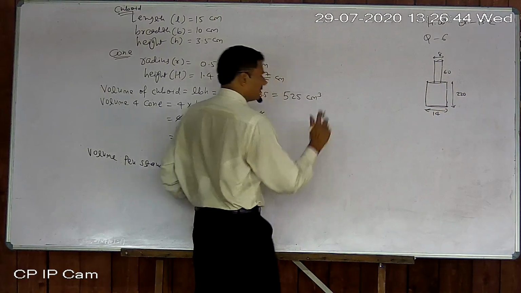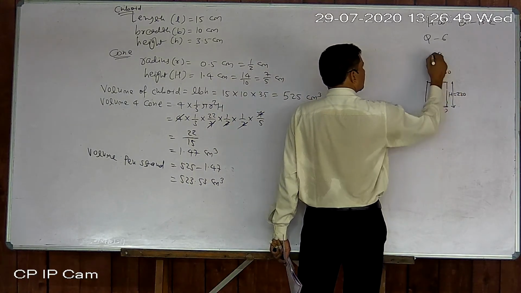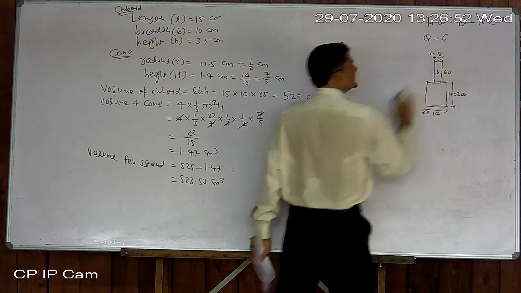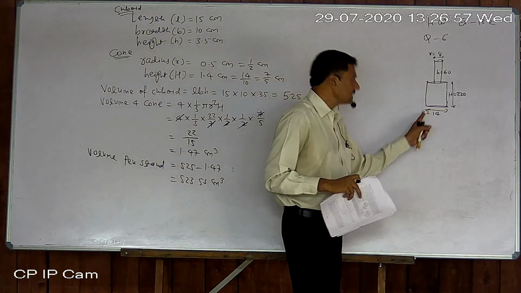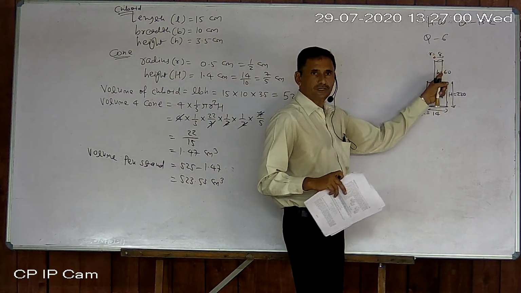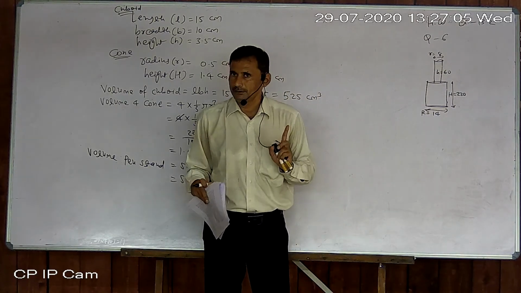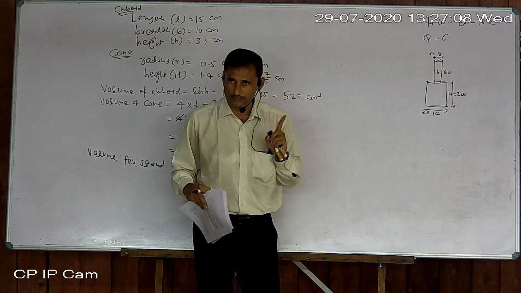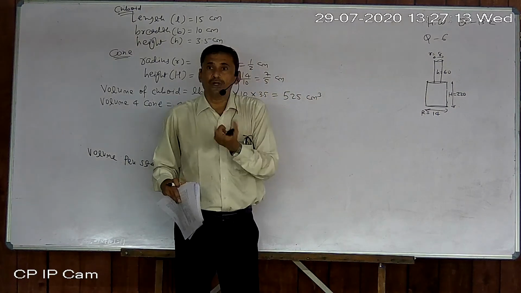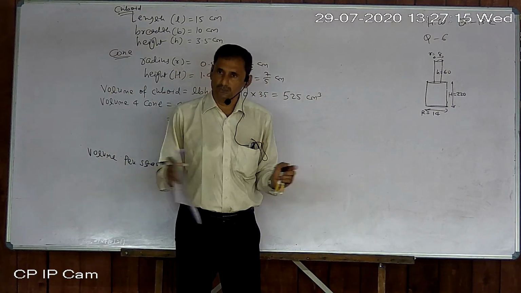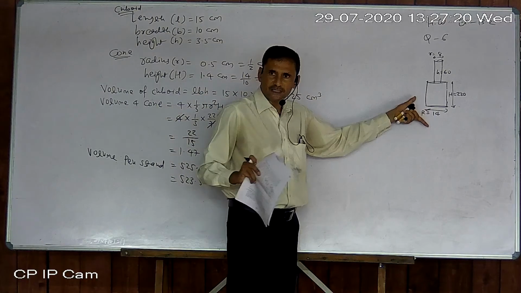So just 2 times that, but the symbol should be different. Suppose that is capital H, so capital R, then small r, then small h. You understand? So the formula will be pi r square h plus pi r square h, but r and h are different. Don't take them common. Only pi can be taken common, not r and h. So allow different symbols, capital or small, or 1 and 2, like this. Okay, so keep in mind this thing.